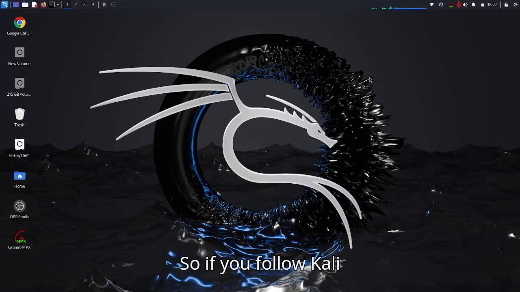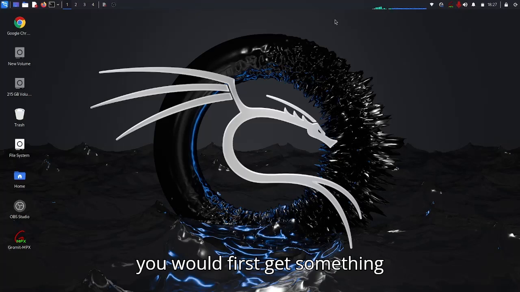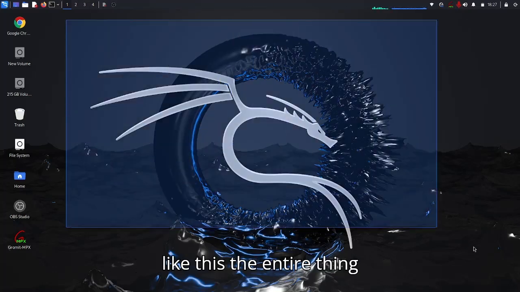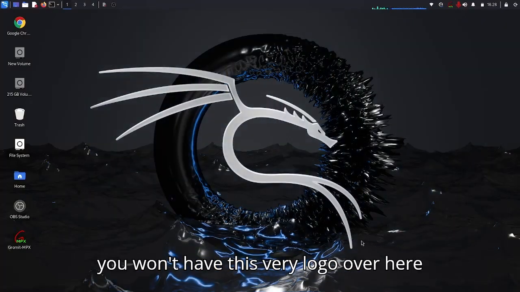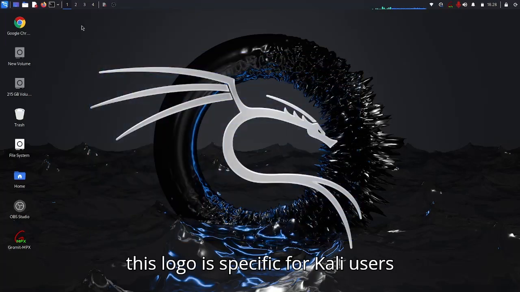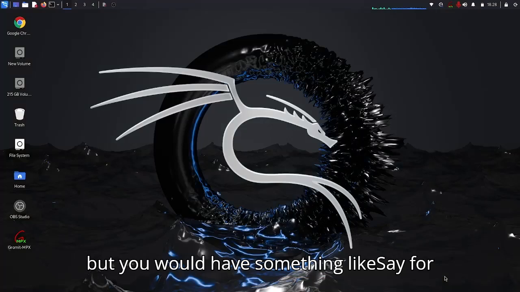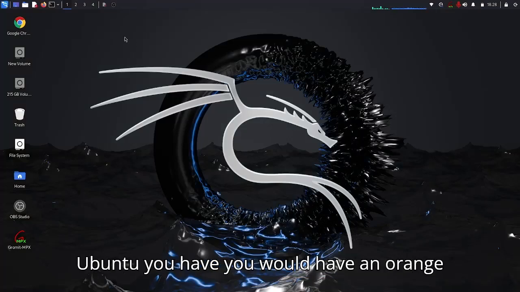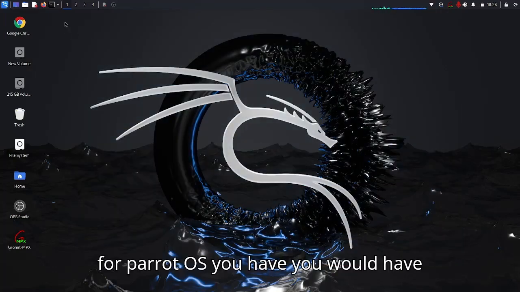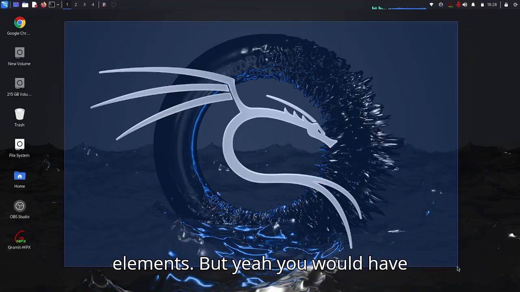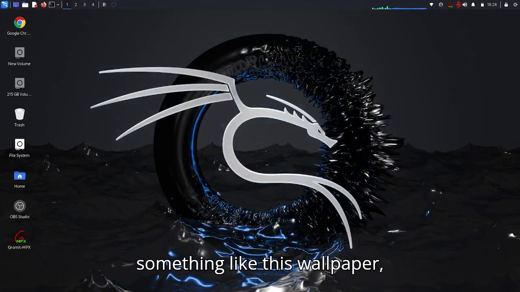So if you follow Kali like me, or if you follow Ubuntu, Mint, or any other OS like Parrot, you would first get something like this. The entire thing I'm selecting. Now you won't have this logo over here. This logo is specific for Kali users. But for Ubuntu you would have an orange screen. I don't know for Mint. For Parrot OS you would have green colored elements. But yeah, you would have something like this, a wallpaper,